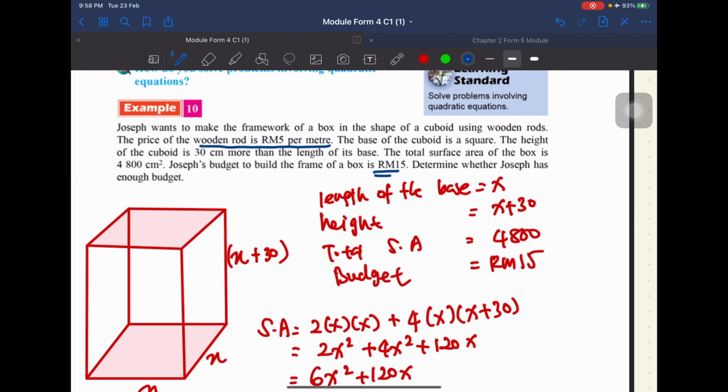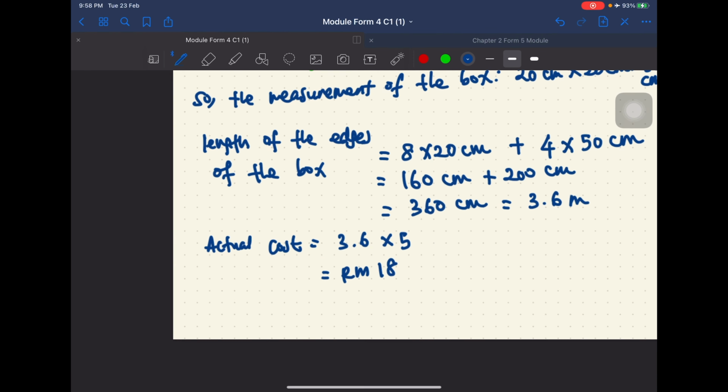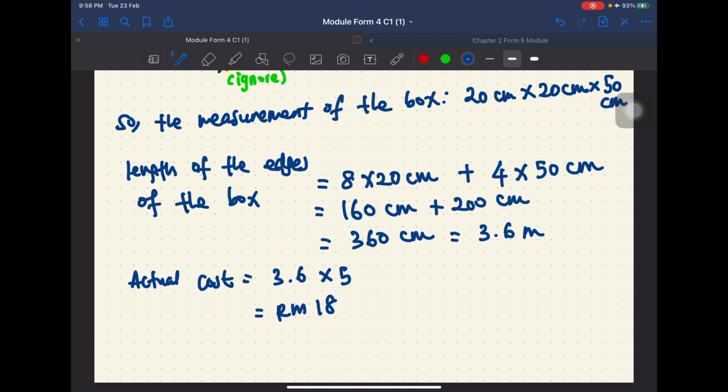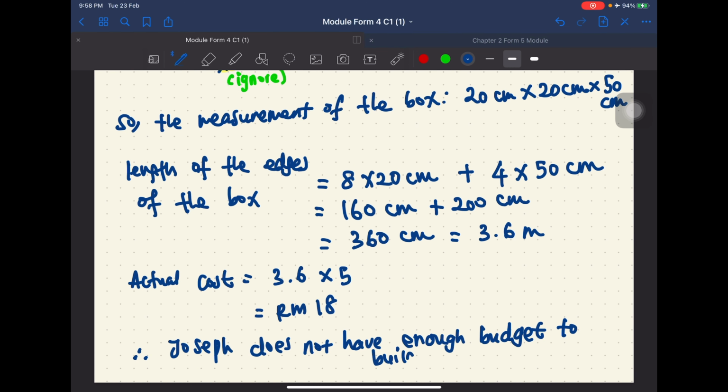Joseph tadi ada berapa ringgit? So Joseph ada RM15. Tapi lepas kita kira-kira kos yang perlu dibayar adalah RM18. Okay, so soalan dia kata apa? Determine whether Joseph has enough budget. So jawapan, okay, hence, okay, Joseph does not have enough budget to build the framework